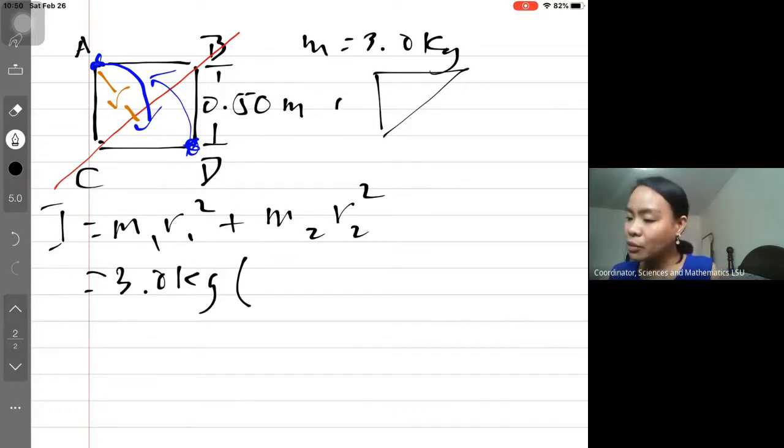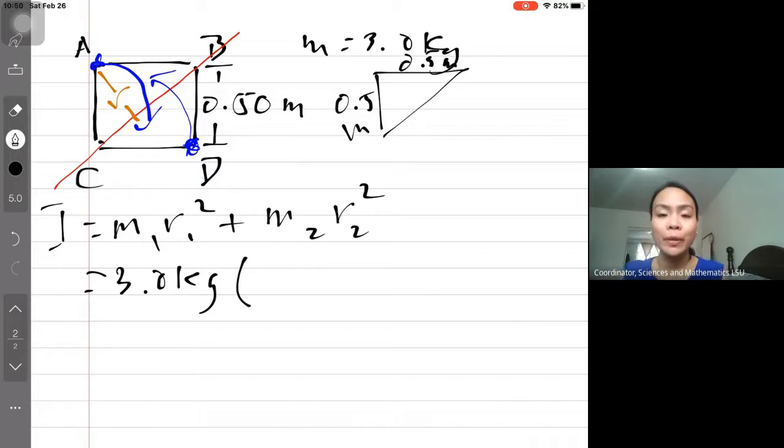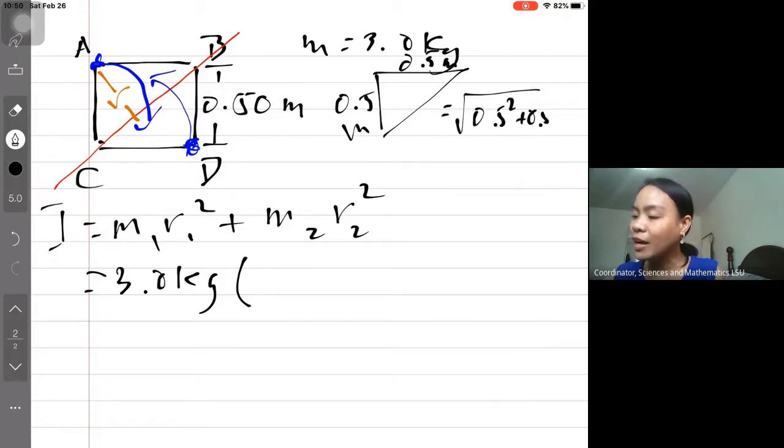This is our 0.5 meter, and on that side 0.5 meter, and we are going to get the hypotenuse. The hypotenuse is just equal to the square root of 0.5 squared plus 0.5 squared. So kindly never forget your formulas from your prior knowledge. Our hypotenuse is